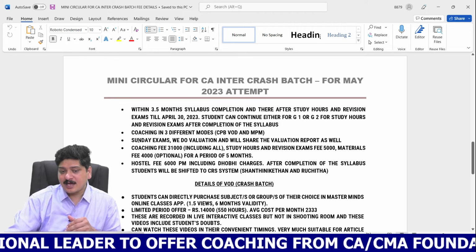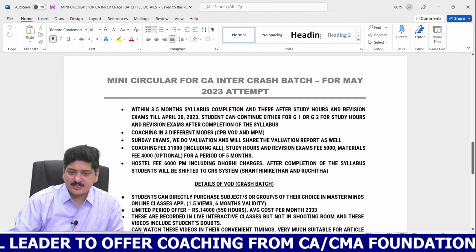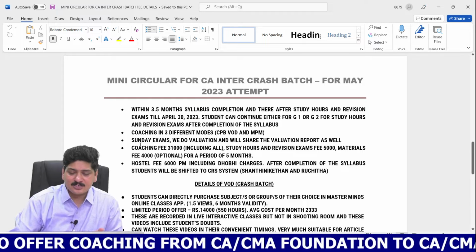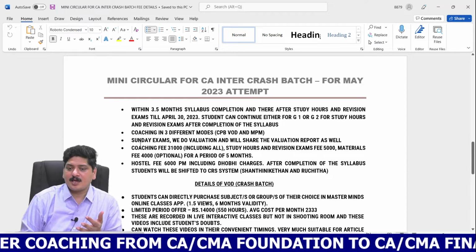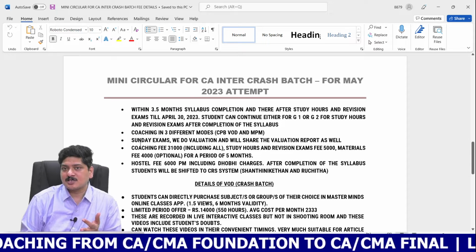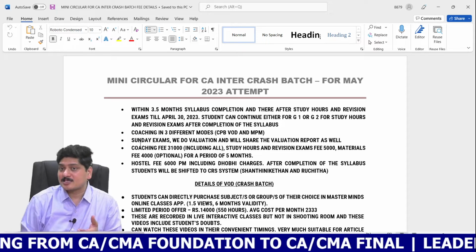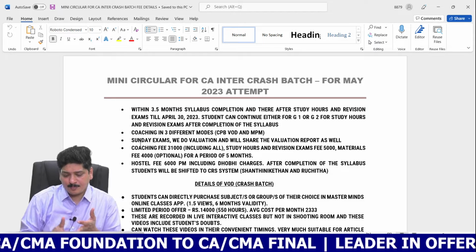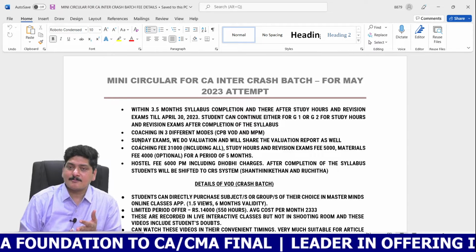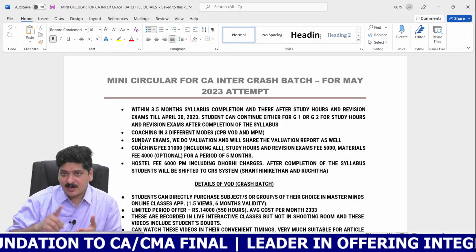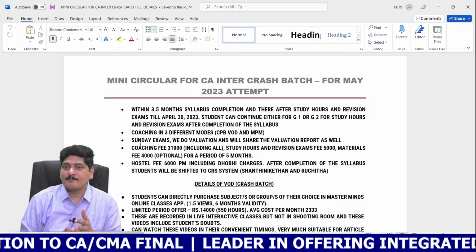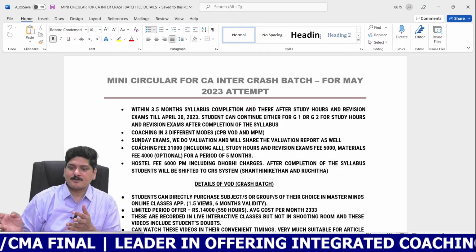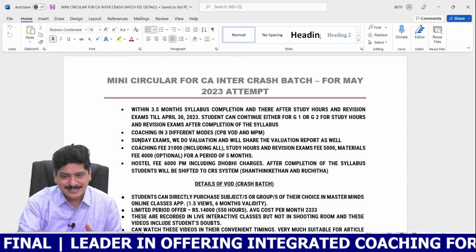And my dear children, again, this group 2 regular batch is also available in 3 modes. That's the uniqueness of Masterminds. We are serving the needs of the students in offline mode as well as in online mode. And if you are not able to afford the fees, you can avail our coaching classes in payment mode also, which is 3,000 per month and 5,000 rupees. I'm going to tell you the details later.